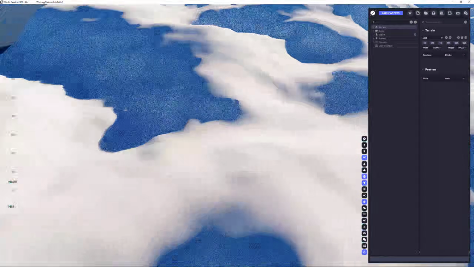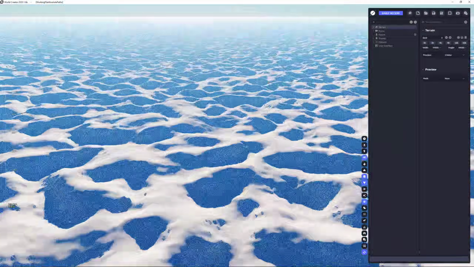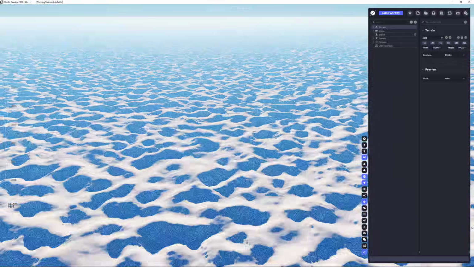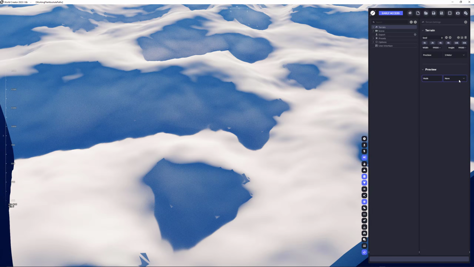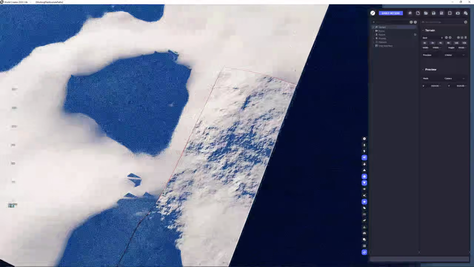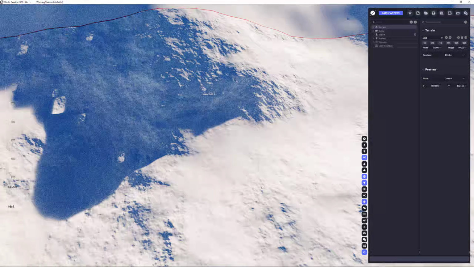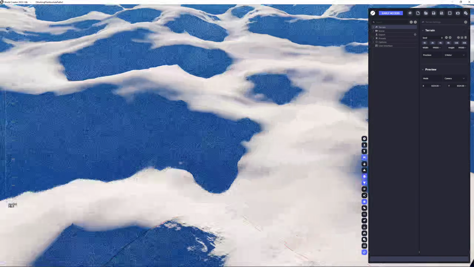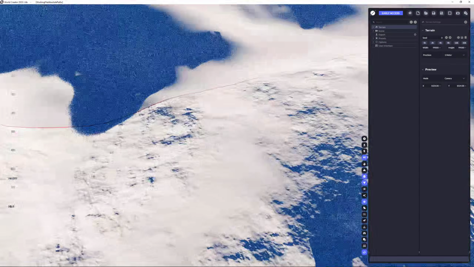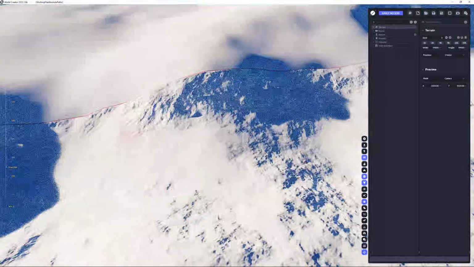Now, if you want to make this more detailed because you want to work on a really large terrain, look at how large it is, but you want to have the details so you see what you're actually doing, you have to go to the preview mode here and select, for example, camera. So now that means as your camera moves, you get the details around your camera for the spots you are at. Here we have some rendering artifacts which we will get rid of until release. Now the really good thing about this is that wherever you're flying, you get the positions and the details